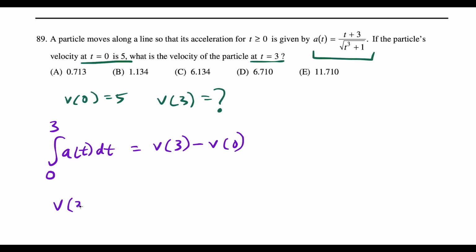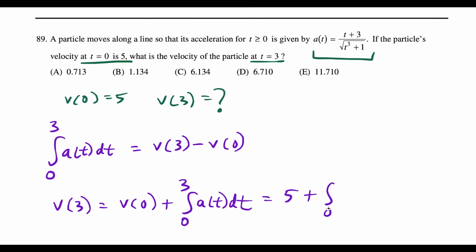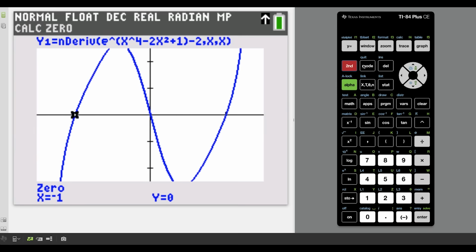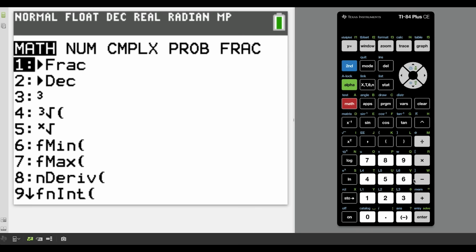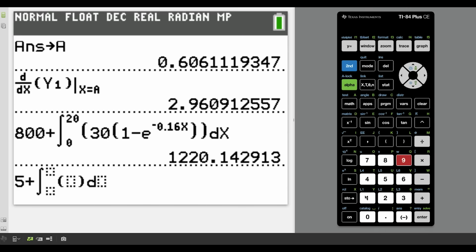So v of 3 is equal to v of 0 plus the integral from 0 to 3 of a of t dt. So v of 0 once again is equal to 5. So we have 5 plus the integral from 0 to 3 of our acceleration function, and the rest is calculator work. So we'll go back to the main screen here, and we're going to have 5 plus the integral. We'll do math 9, and we're going from 0 to 3, and now we're just going to type in the